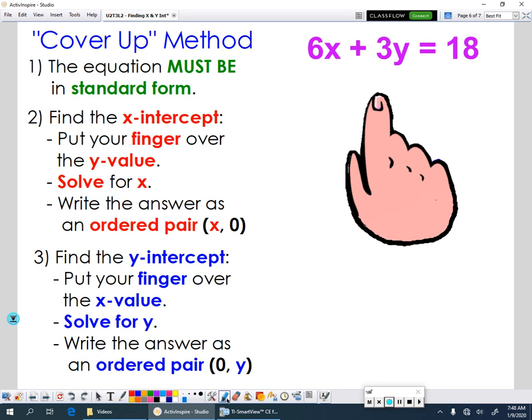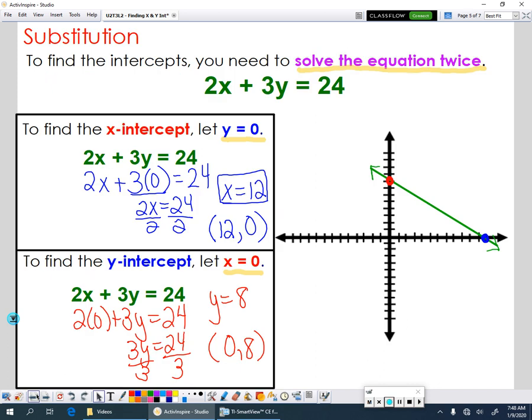The first thing you need to know about the cover-up method is your equation has to be in standard form. If it's not, you can put it into standard form, but it has to be standard form. Now this method uses the concept we had with our substitution method without actually doing the substitution. And what I mean by that, if you look over here, remember,